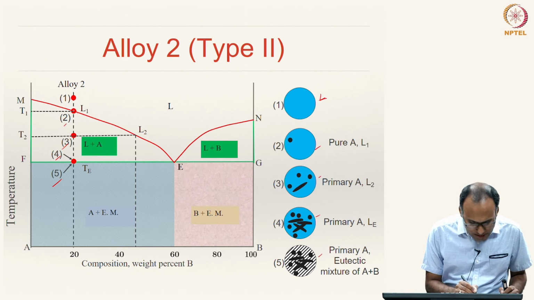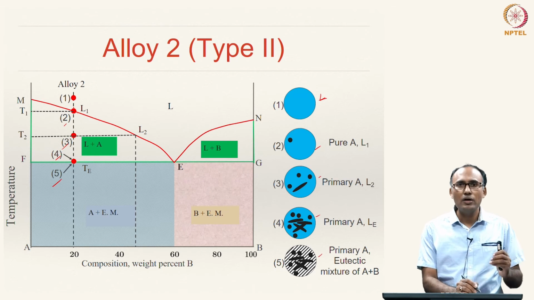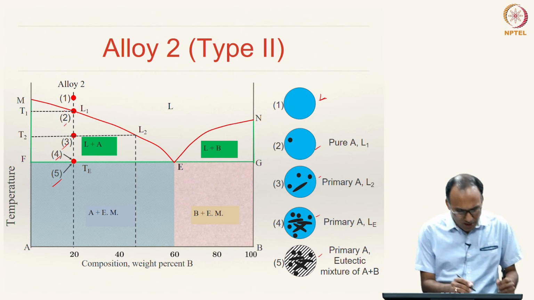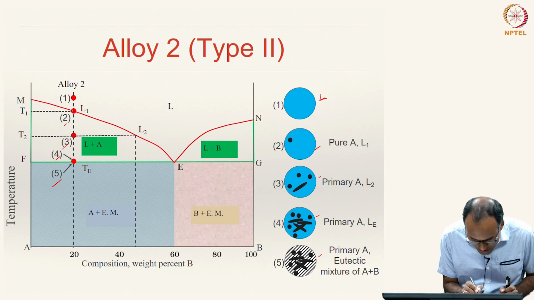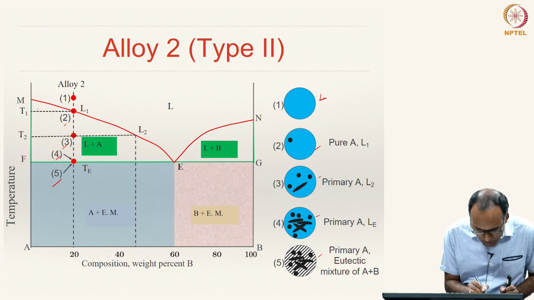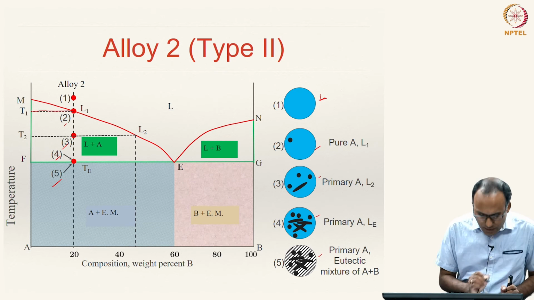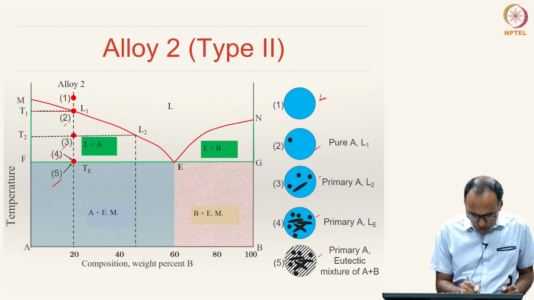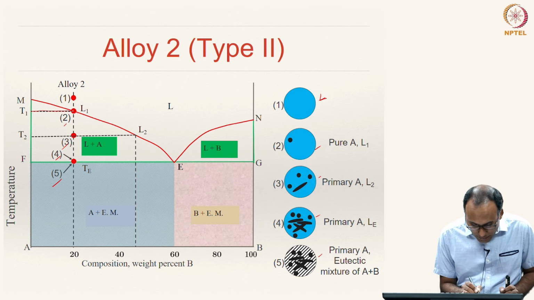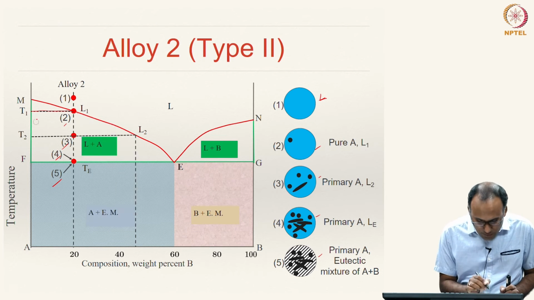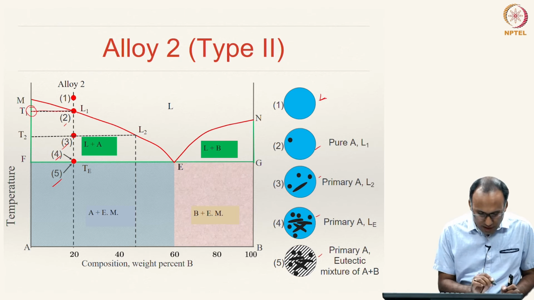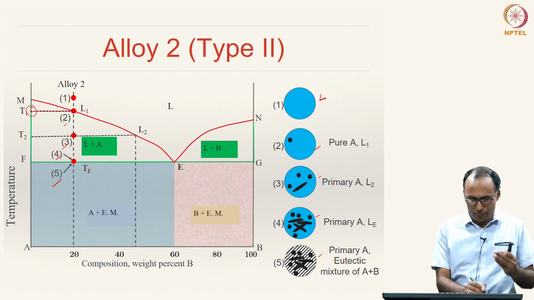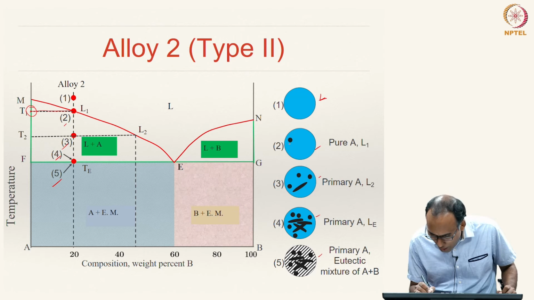and then the moment you reach point 2, that is on this liquidus line, you would be entering a two phase region. That means, because you are now entering a two phase region, you draw a tie line. When you draw a tie line like this at temperature T1, and this way I am calling L1 state, then the tie line hits the solidus line here, and that represents pure solid A, and that is the reason why you would form pure A.